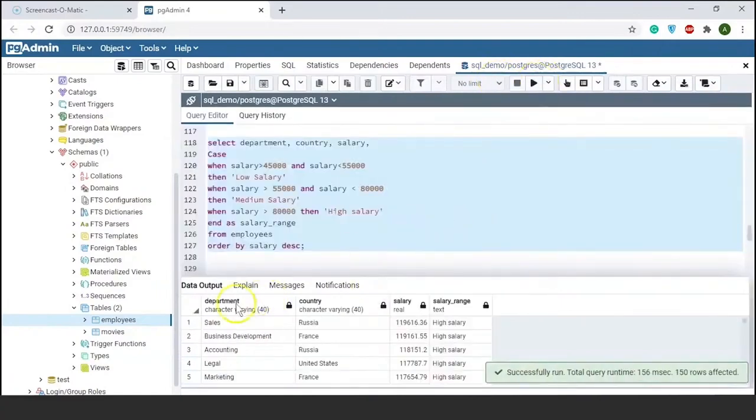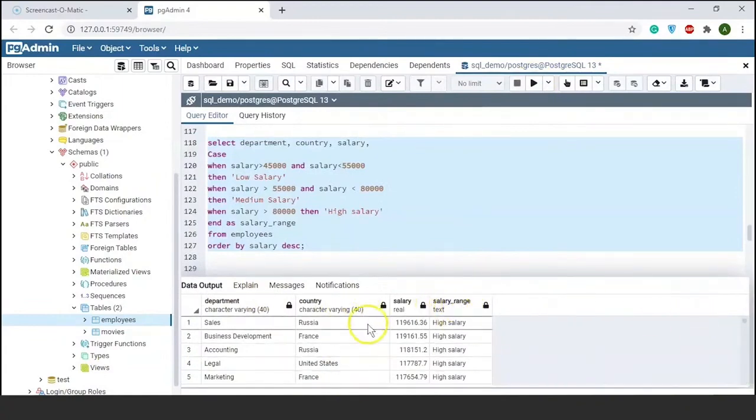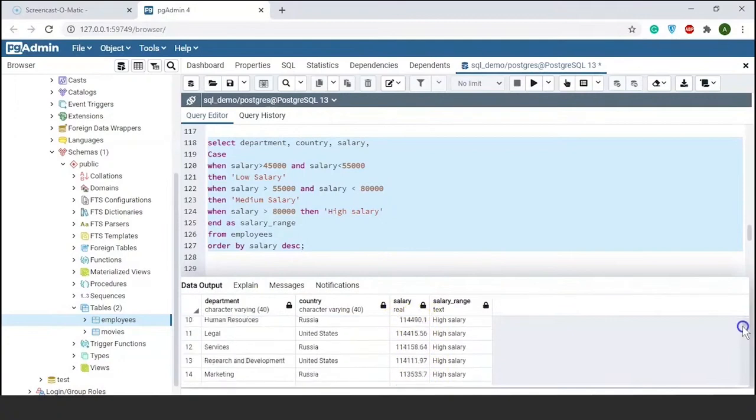There you go. Here you can see we have added a new column known as salary range, and we have ordered our salary in descending order, so all the highest salaries appear at the top. If I just scroll down, you can see we have medium salaries here, and if I scroll down further,